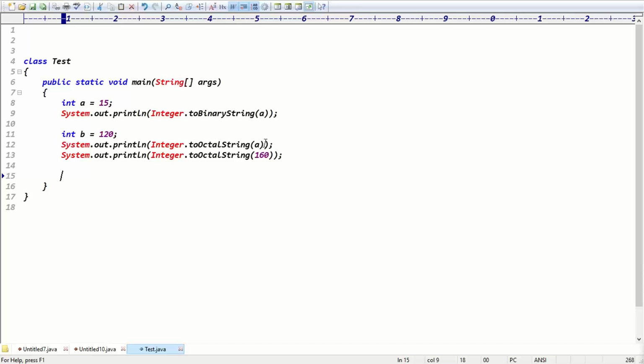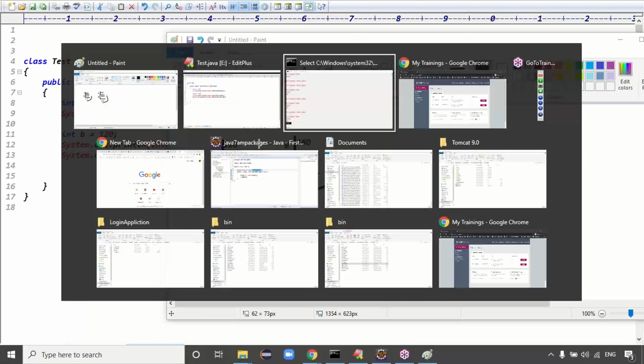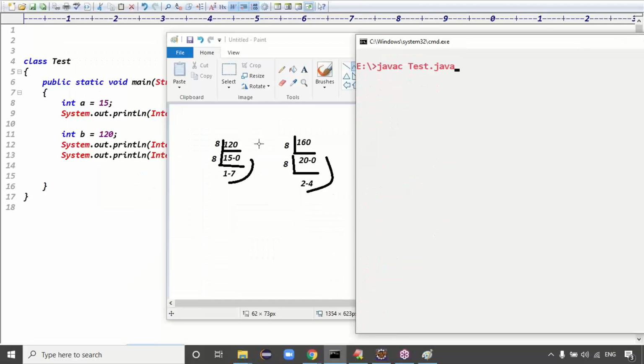But the problem is here we are passing which value, guys? A, the string. It should be B. Here we have to pass the B value. If we pass B, we expect the output 170. Then the code is compiled fine, executed fine. We got the output clearly 170, and this is 240.